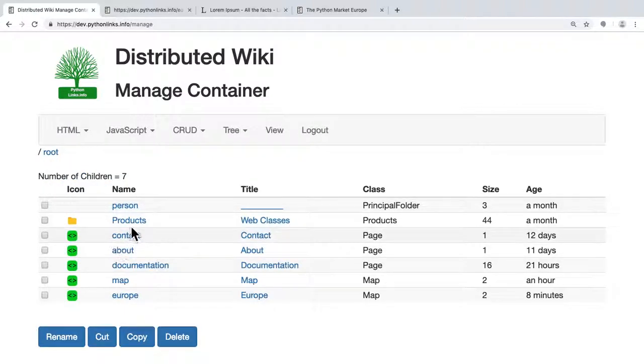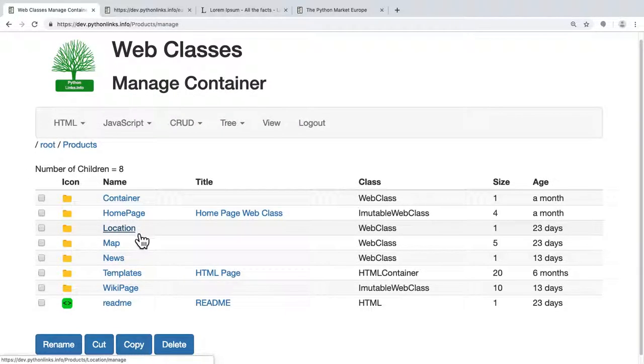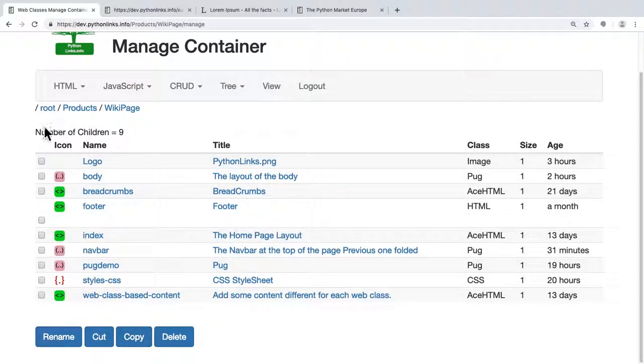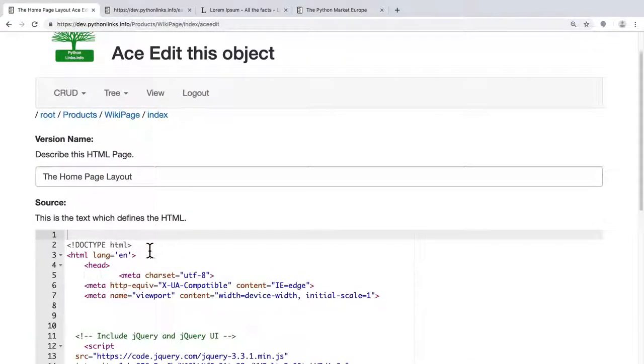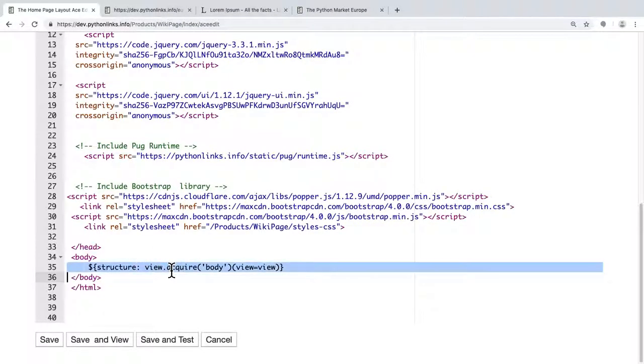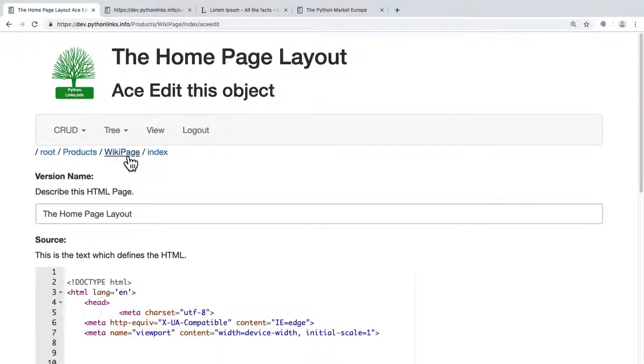So let's go back here onto products, the different types of products, but the important one is Wiki page. And here on the Wiki page, this is where we define the layout of the page. So we have index. This is the one that's called initially. Mostly it's just the header stuff, and it's a chameleon page template. So we include the body here. And the body,